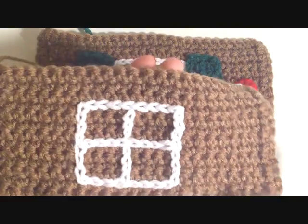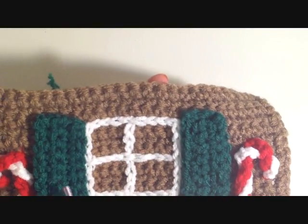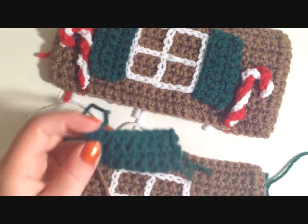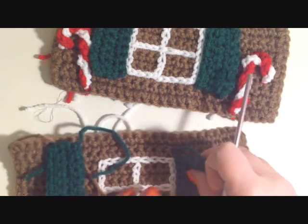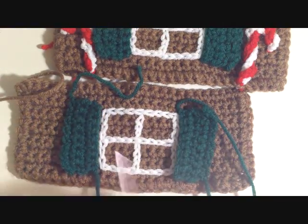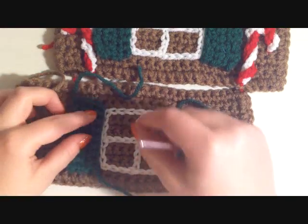So I finished the window, and it looks just like this. The next thing I need to do are the shutters. I've already made the shutters, and so all I have to do is sew them on. So you're just going to sew the shutters around just like that, and you can use these pieces that you have and a yarn needle and just sew